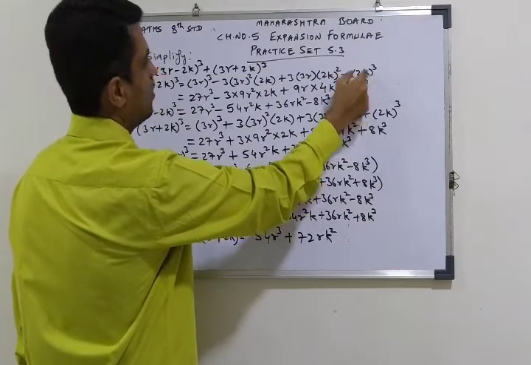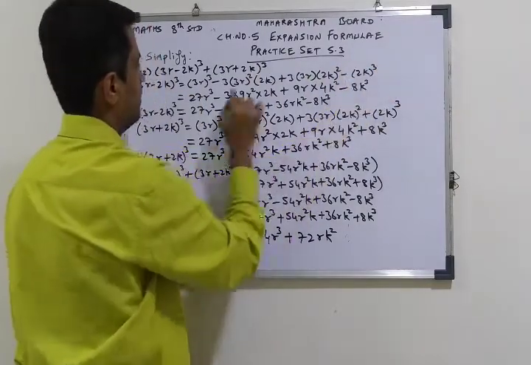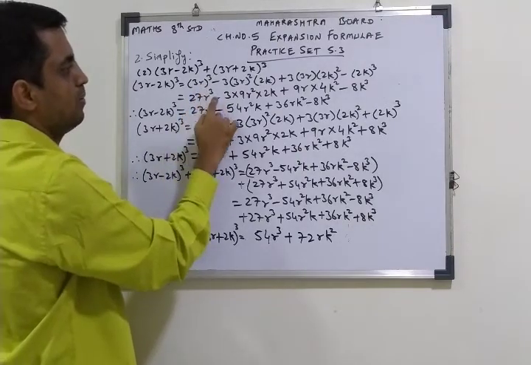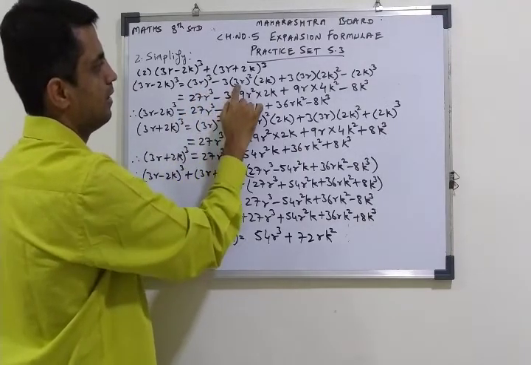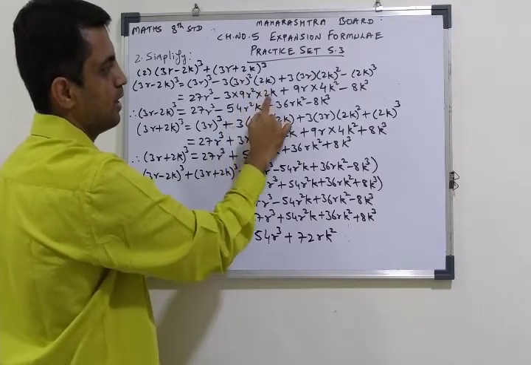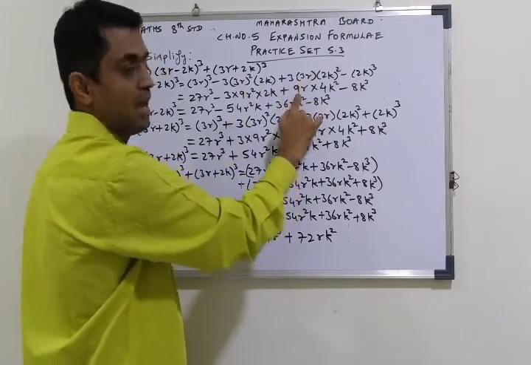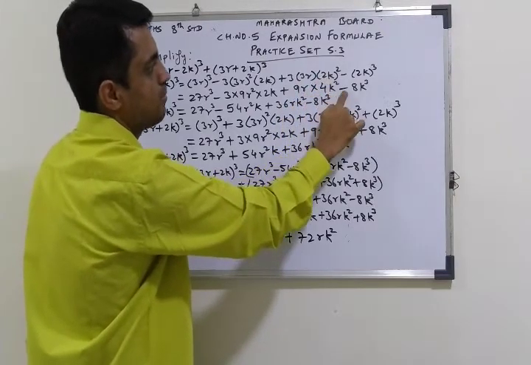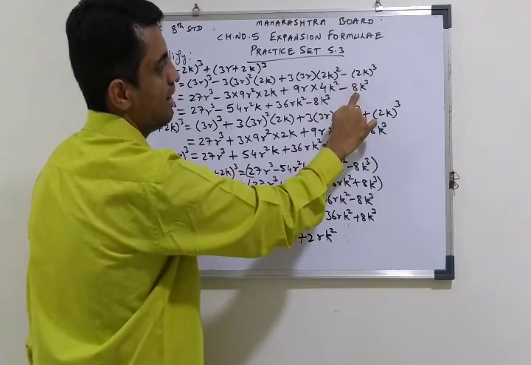Minus b cube means 2k the whole cube. Simplify it. 3 cube is 27r cube minus 3, 3 square is 9r square into 2k. 3 3s are 9r, 2 square is 4k square, minus 2 2s are 4, 4 2s are 8k